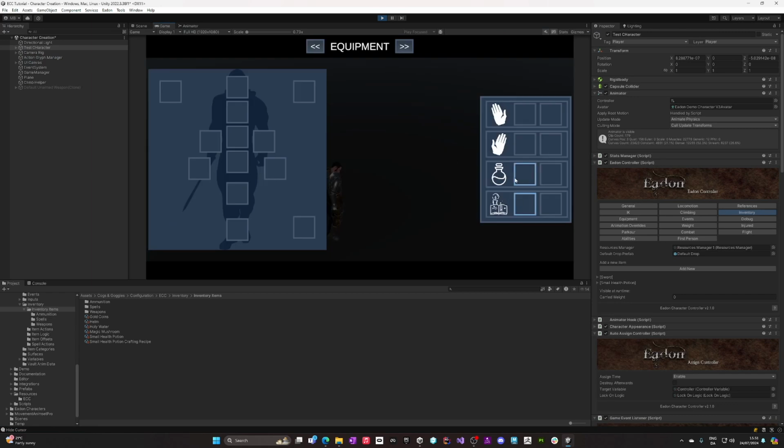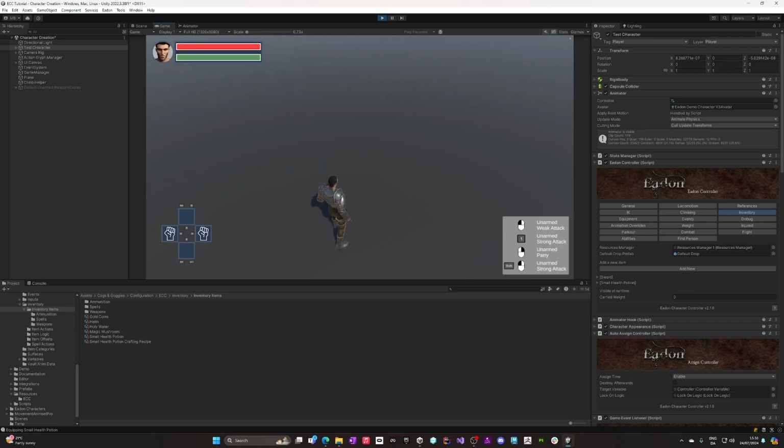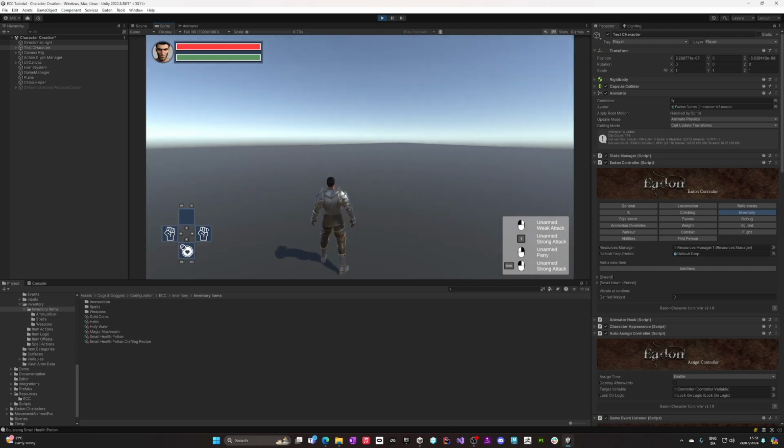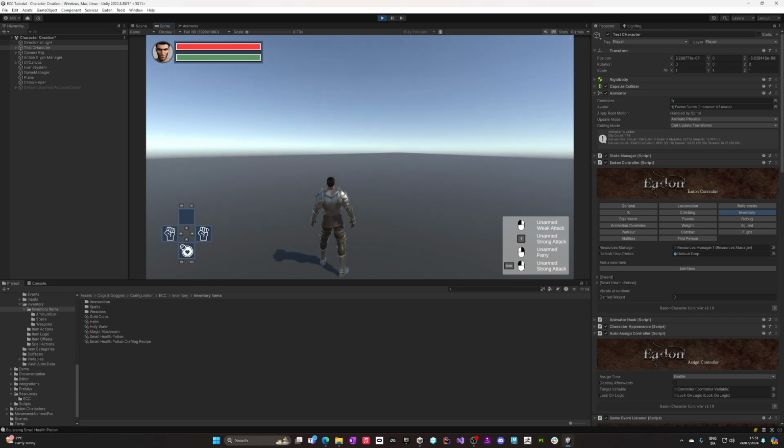We can go in the inventory and add the potion to the consumable slot. Now we can equip the potion, and if we press the key combination for triggering the potion, which by default is shift space,